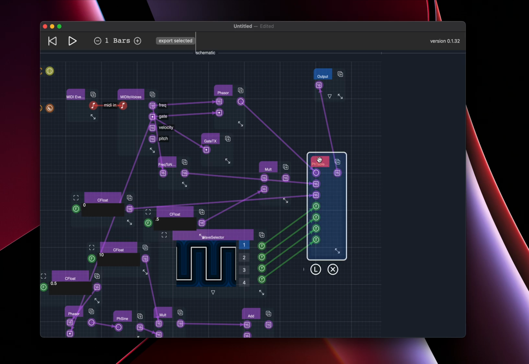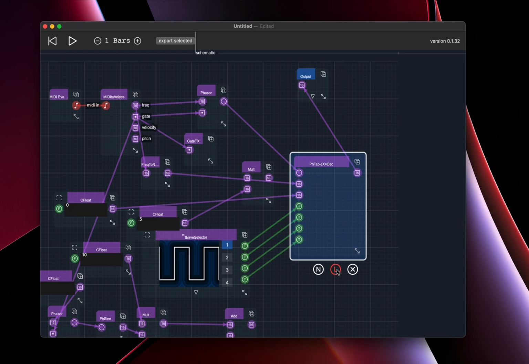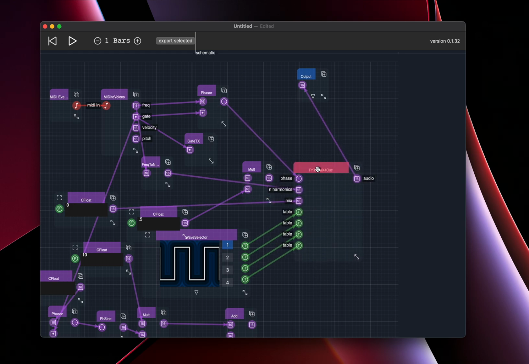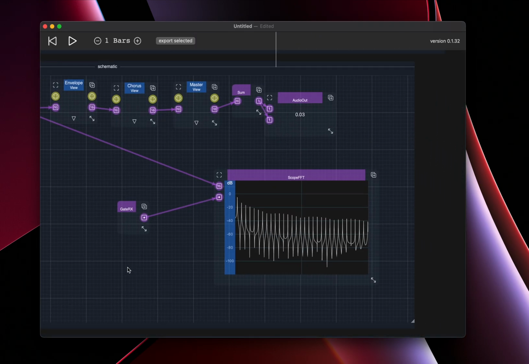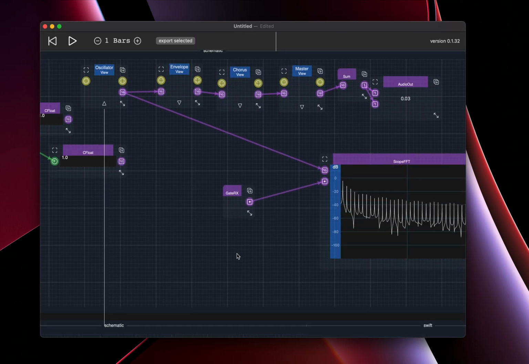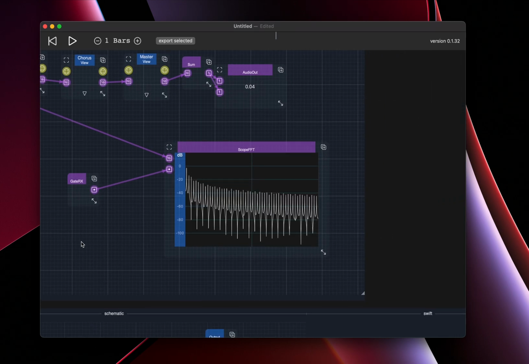I've showed before this table oscillator. I'll show the labels here. That works with 4 tables, and currently this mix value is set to 0, which means it's always playing this square wave, which is the first wave. If we go up here, now when we play notes, we can see the spectrum of this square wave,